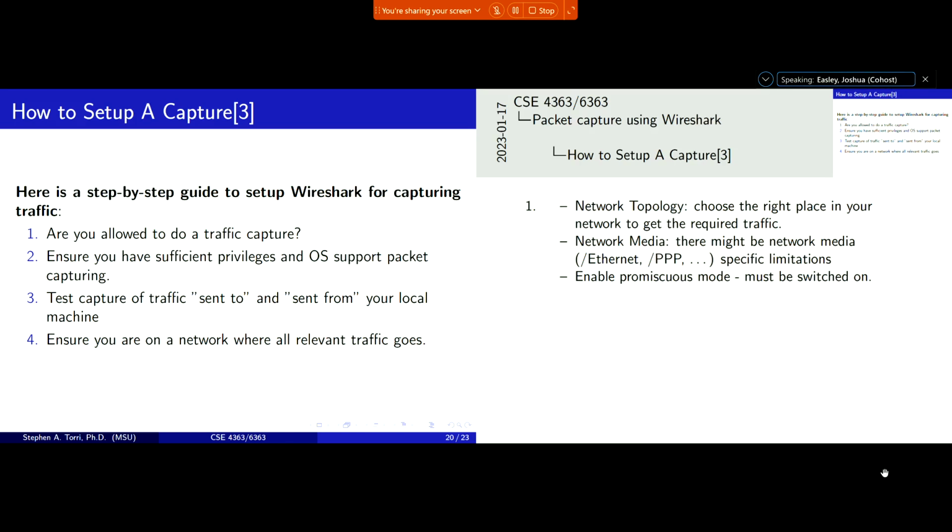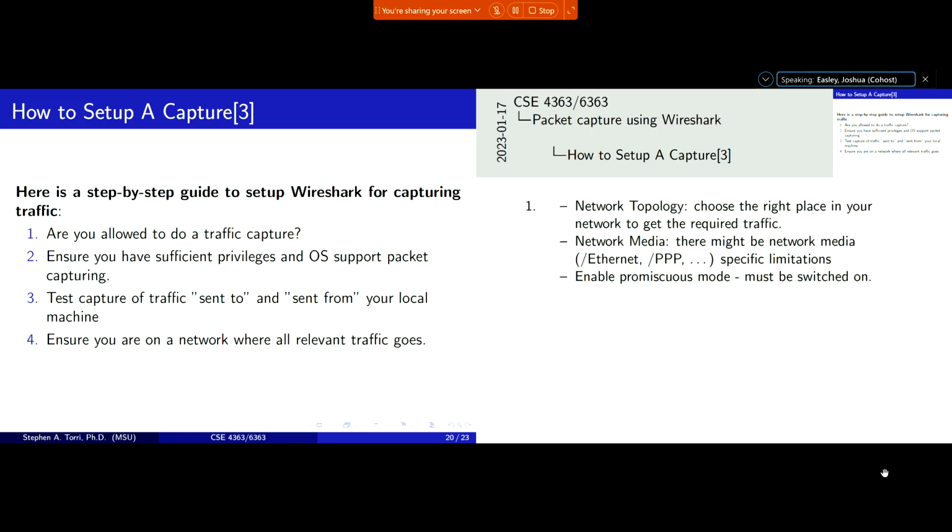But we want to know, do we have permission to be on the network, right? We have sufficient privileges to be in promiscuous mode. We want to test, right? We want to figure out what we want to be looking at, right? Because you can capture everything. And maybe that's possible in a sense, but maybe you want to restrict some things, basically saying